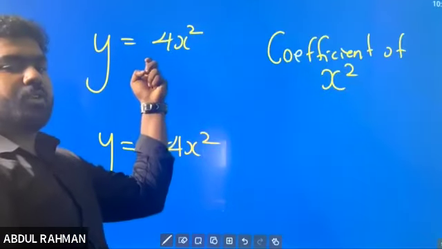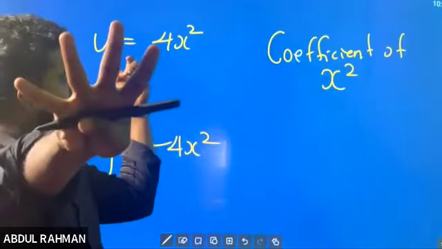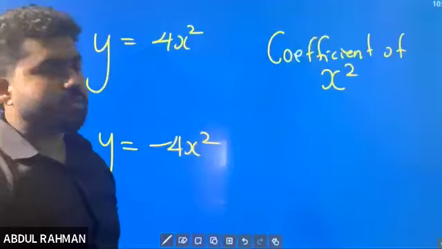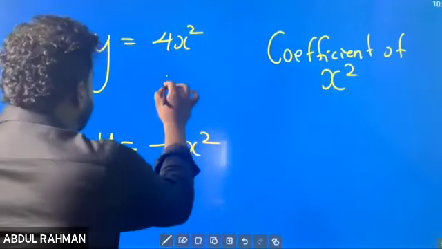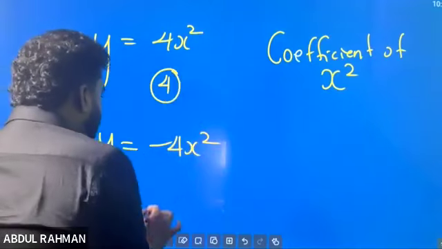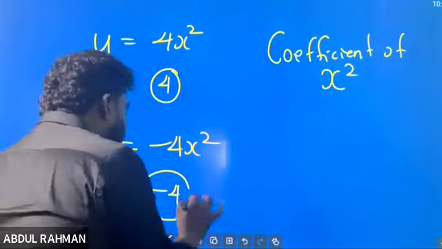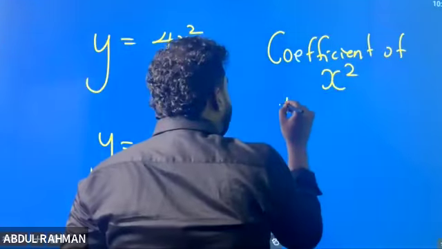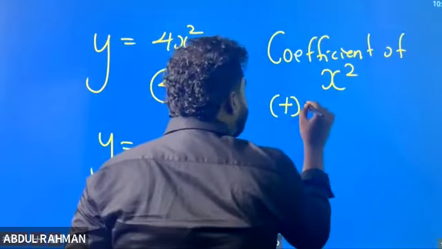Now, what is the coefficient of x squared here? 4. What is the coefficient of x squared here? Minus 4. So the coefficient of x squared is 4 here and minus 4 here. Remember, if the coefficient is positive,